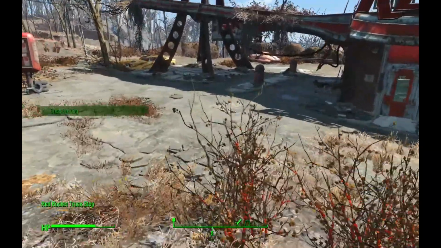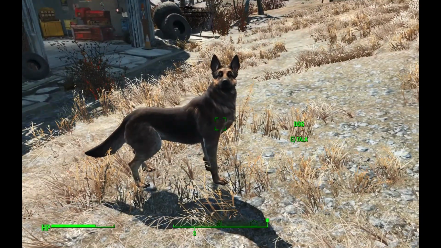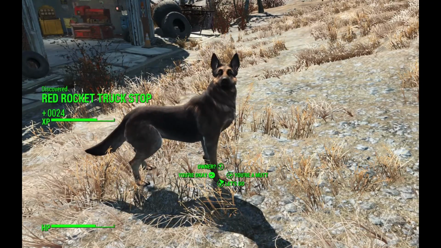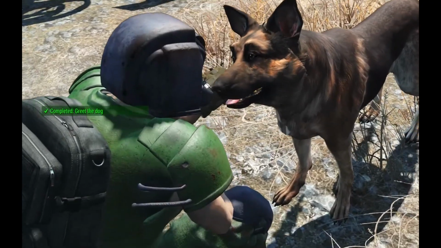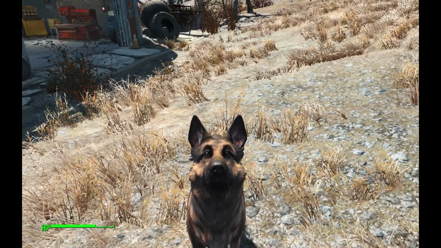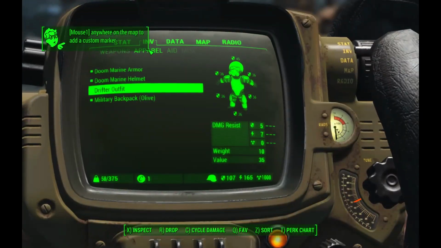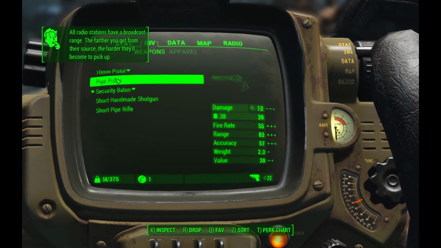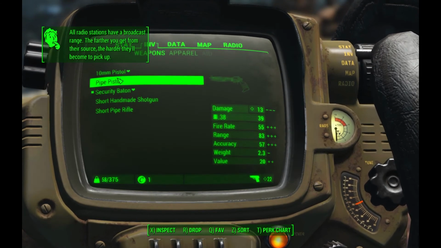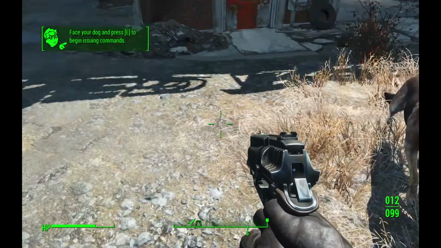Oh, there he is. Hey, boy. What are you doing out here all by yourself? You lose your owner, buddy? Okay, then. Let's stick together. Okay, I'm going to have to change my weapon. Got more ammo for this and it does a bit more damage, so I'll use that one. Okay, so...